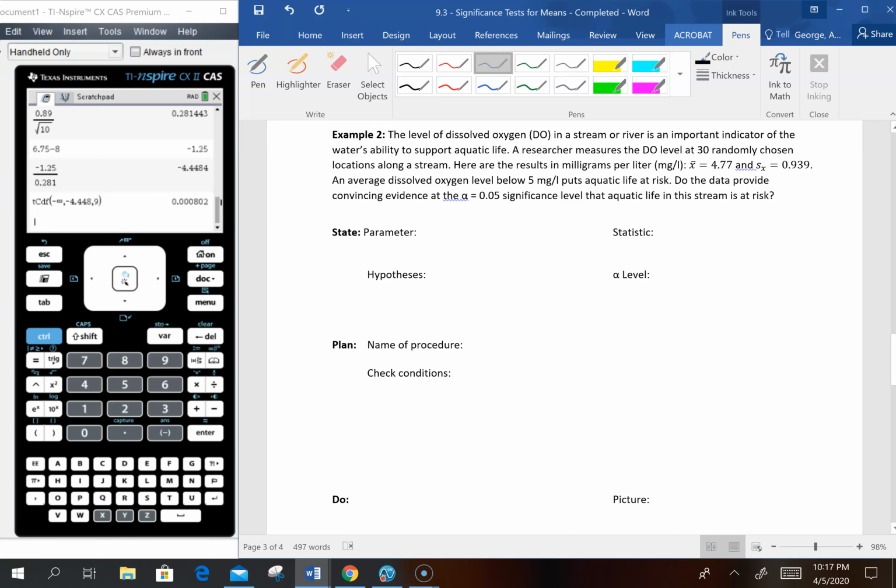So we've got enough evidence to go through and work the test. But let's go ahead and take a look at each bit. All right, so for our parameter, we're dealing with mu. And mu is the true mean level of dissolved oxygen